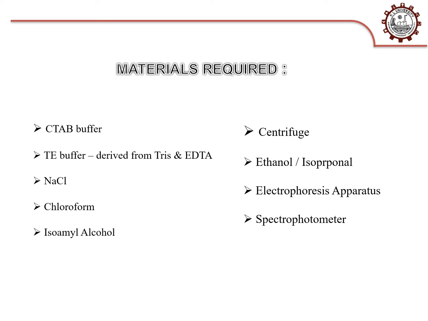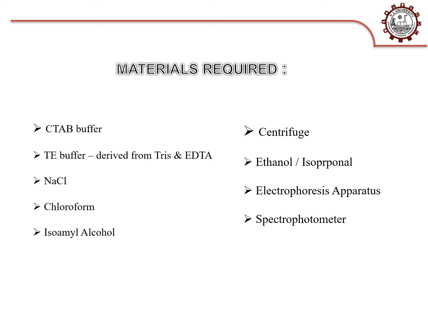Coming to the materials required for this experiment: CTAB buffer. CTAB buffer is a widely used reagent to isolate DNA from plant tissues. NaCl. NaCl removes polysaccharides to increase the yield of DNA, preventing interactions between DNA and polysaccharides. PE buffer, derived from Tris and EDTA, a molecule which chelates cations like magnesium. The purpose of PE buffer is to stabilize or solubilize DNA or RNA by protecting it from degeneration.